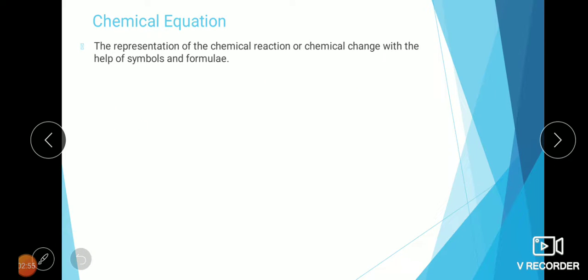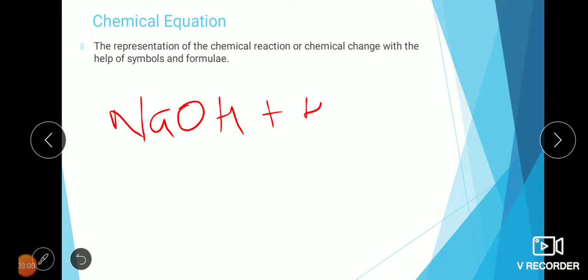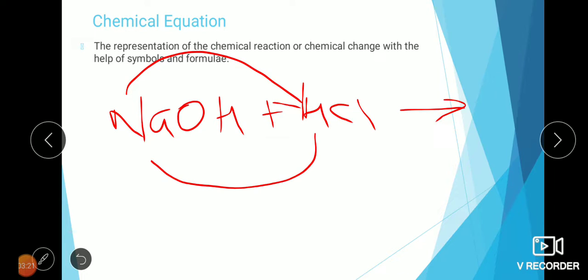So it is NaOH plus HCl will give. Now if you remember in 8th standard we had done different types of chemical reaction. Not this particular chemical reaction which we have in front of us, I have only written the reactant part. So from the reactant part I can see that Na will go in place of H, and H will come in place of Na. Now here we are looking at the screen and we can clearly see that the cations